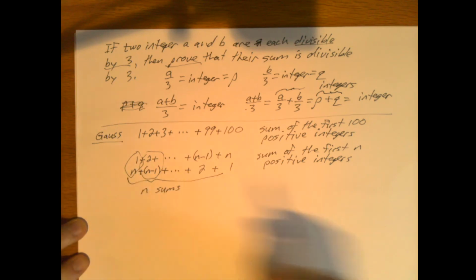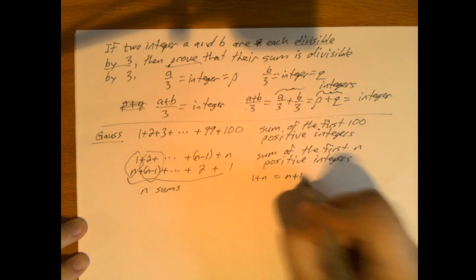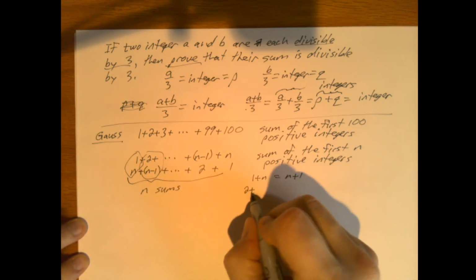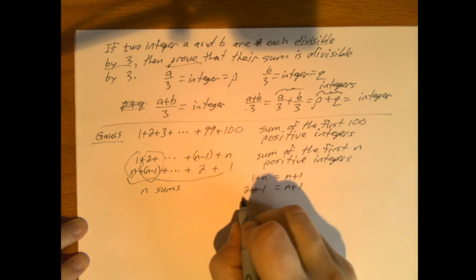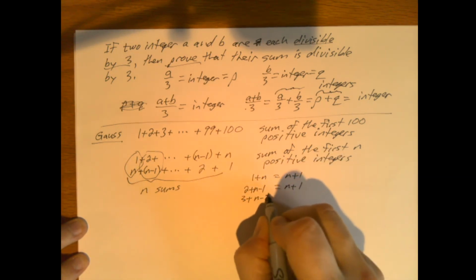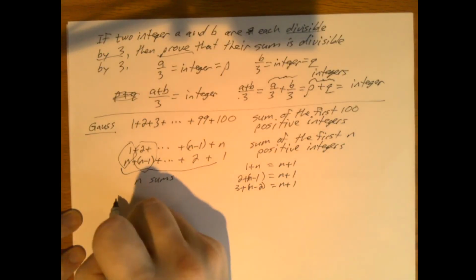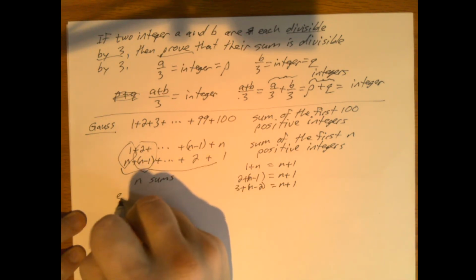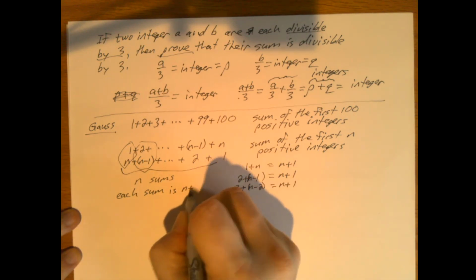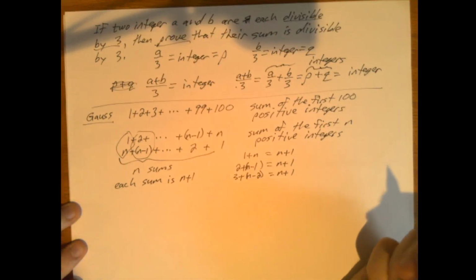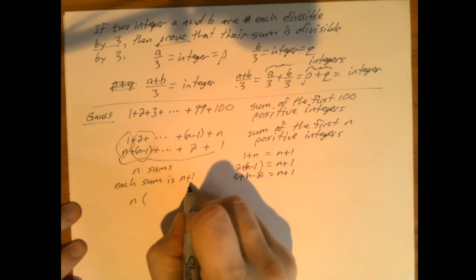And what is each sum? Well, the first one is 1 plus n, which is n plus 1. And the second one is 2 plus n minus 1, which is n plus 1. If we wanted, we could do the next one, 3 plus n minus 2, which is n plus 1. So each sum, there's n sums total. Each sum is n plus 1, right? So the total product here is n times these n plus 1s,